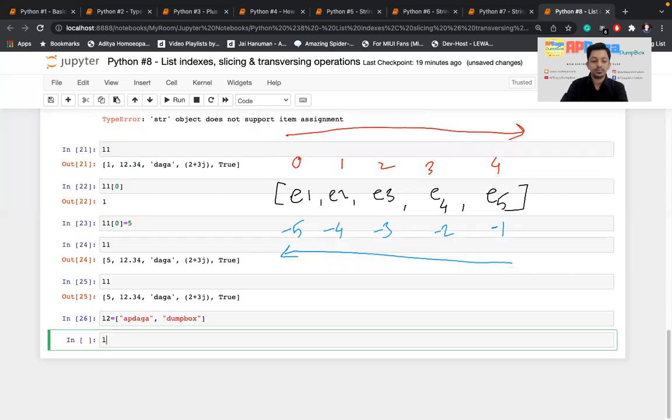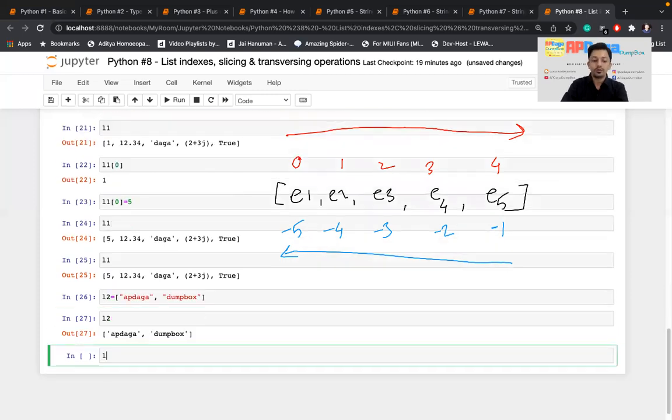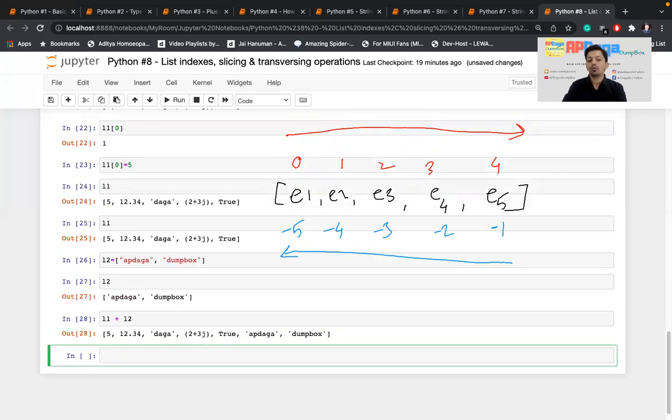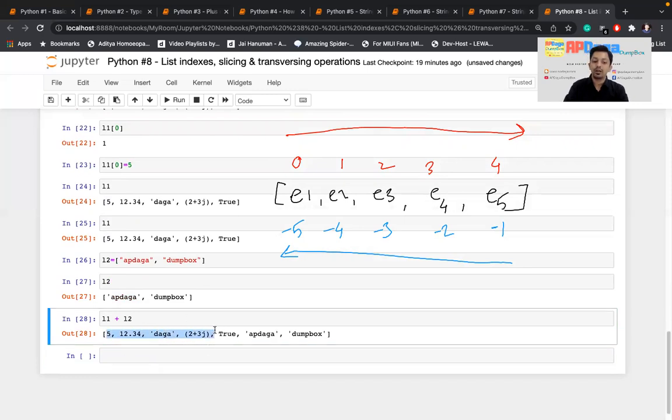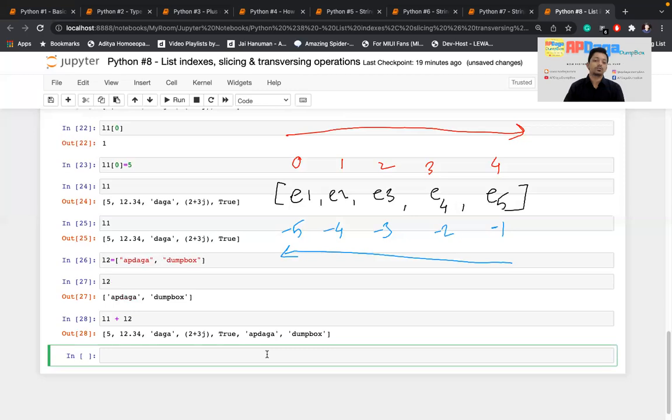Now this is L2. If I do L1 plus L2, just like string, it will do the concatenation. Whatever is in L1, and whatever the elements from L2, are concatenated, and L1 and L2 are concatenated in the correct sequence. So this is how the plus operation works.